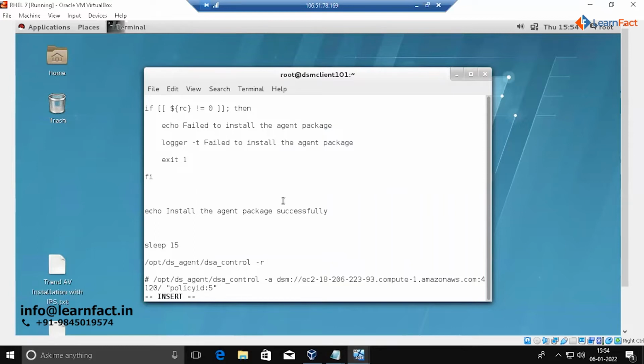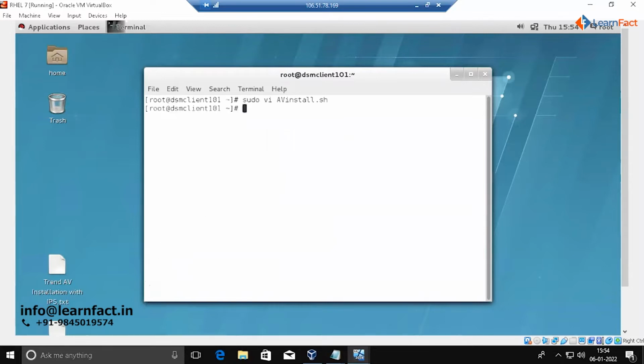Then escape, shift colon WQ, then your content will be saved. After pasting, you need to press escape, then shift colon, then you have saved. Then next,